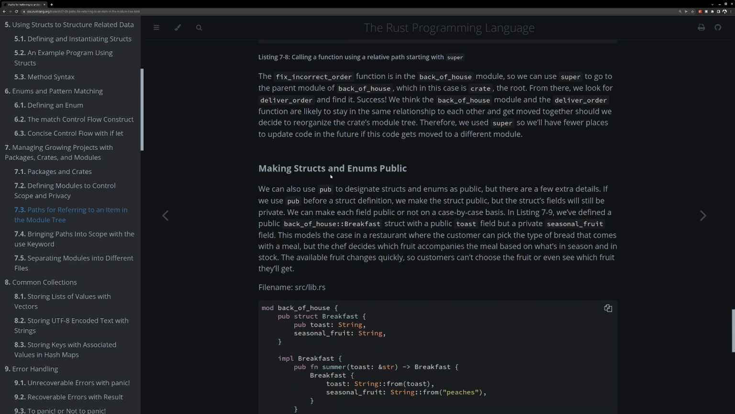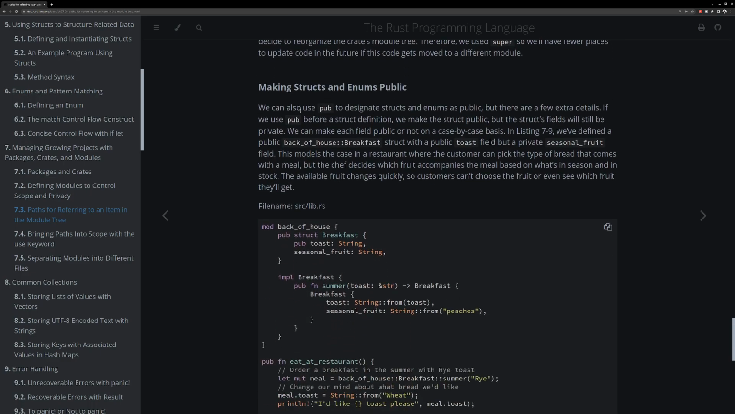Making structs and enums public: we can also use pub to designate structs and enums as public, but there are a few extra details. Okay, if we use pub before the struct definition, we make the struct public, but the struct's fields will still be private. Yeah, we can make